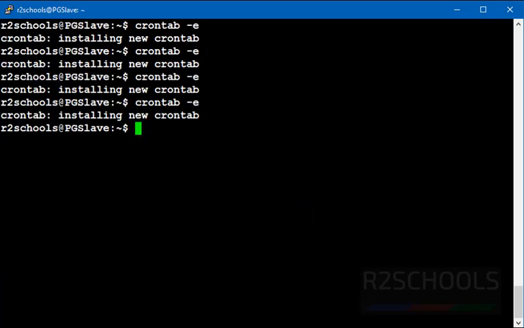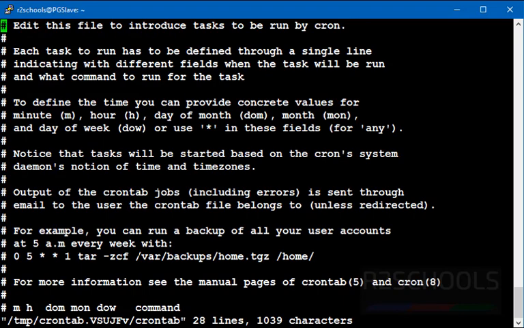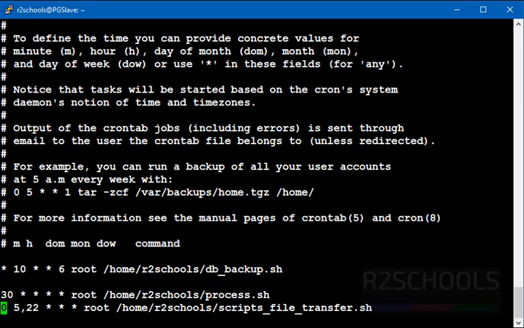In the next example, we are going to see how, if any error or any output is generated by the job, it can be redirected to some file. Same crontab -e. Assume this script is going to generate some errors or other output, then we send the output to some file.